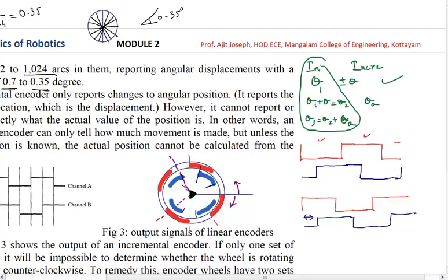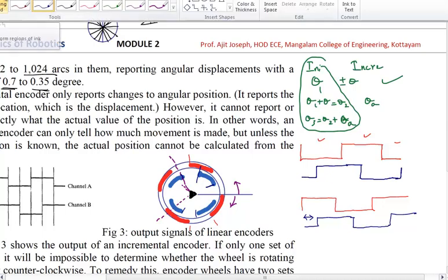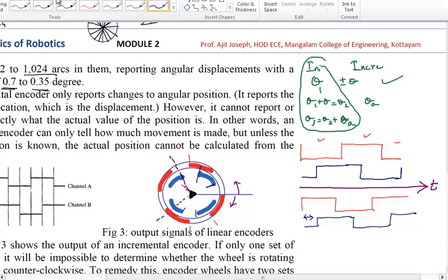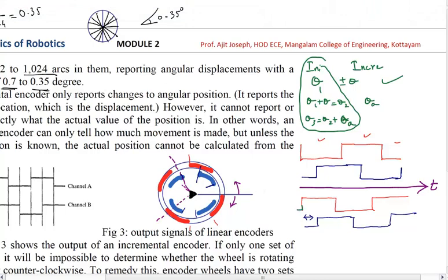Okay, now look at these two. Here if I am going to consider the timeline, let me draw the timeline also. So this is the timeline. So here if I look at the leading edges, this is the leading edge going from low to high, and look at this leading edge. So what I can say is the blue one is leading the red. The leading edge of the blue one is going to be in front. Why in front? Because it is the time axis.